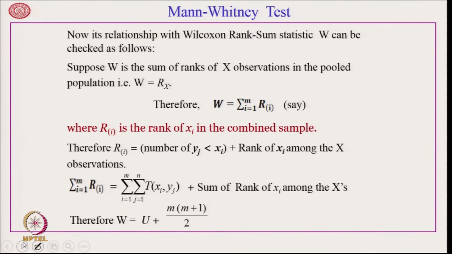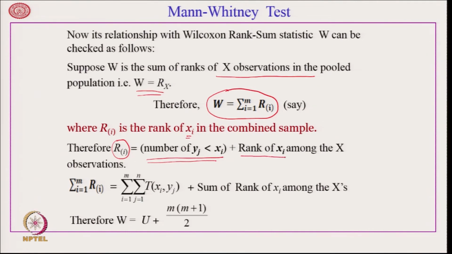Now, the question comes: what is the relationship between the Wilcoxon rank sum statistic W and the Mann Whitney U statistic? Suppose W is the sum of ranks of x observations in the pooled population. Therefore, W is equal to R_x, the sum of ranks of the x observations. So, we can write W as the sum over i = 1 to m of R_i. This R_i denotes the rank of the ith x observation in the combined sample. Therefore, what is R_i? That is the rank of the ith x sample. This is going to be the number of y_j that is less than x_i plus the rank of x_i among the